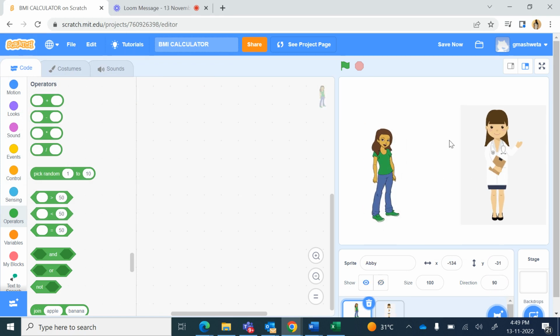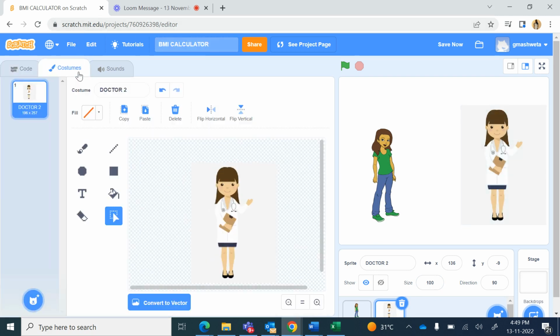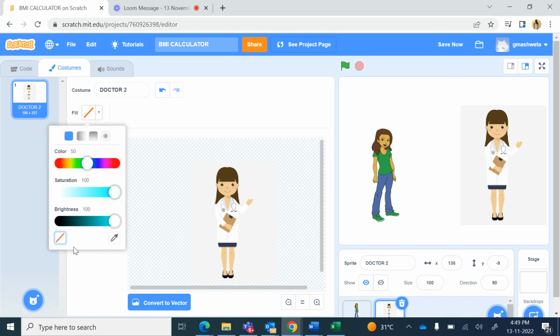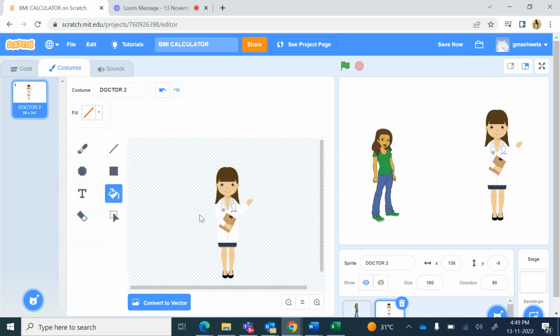Now it looks too big, so I've reduced the size to maybe 80. Oh, this is wrong. I reduced the size for Abby sprite. I'll click on the doctor sprite, go to costumes, click on the fill bucket and choose no color, and then click on this gray part. So it deletes all the pixels with the same shade of gray. And now I reduce the size of this doctor sprite to 80,